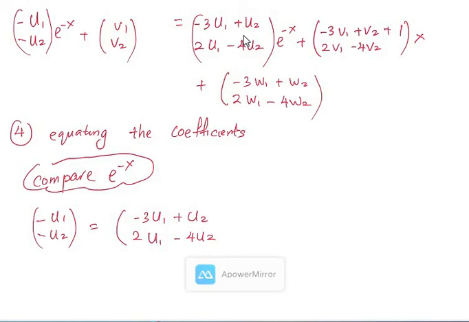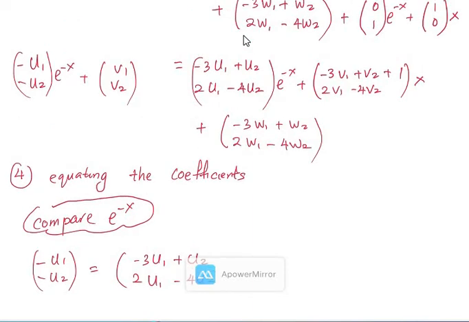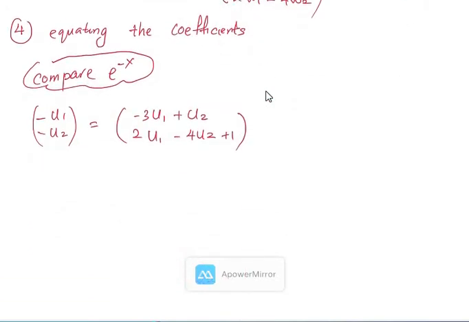I think I missed out the one here. So this one I should have plus 1. Okay, so I have the plus 1 here, sorry. The plus 1 here. So this one also has plus 1. Okay. So now we have